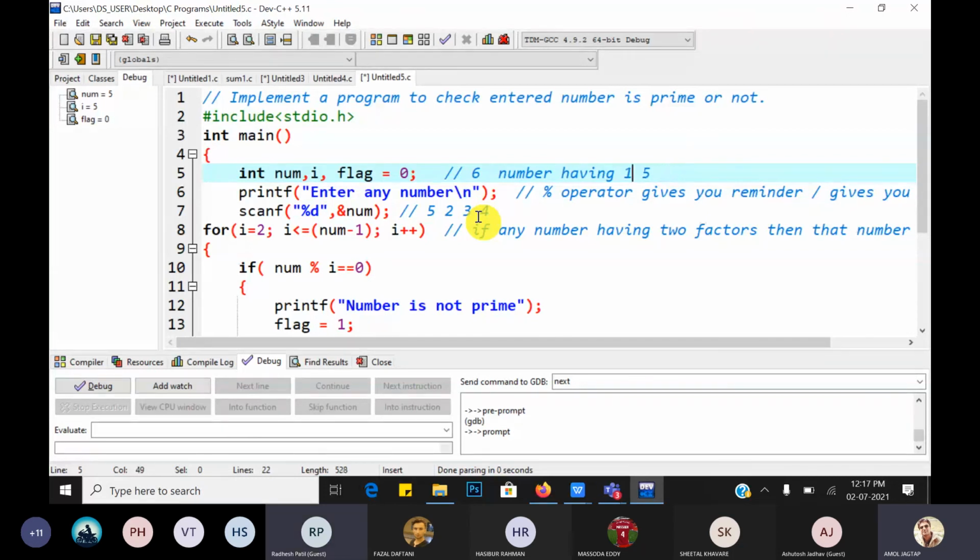It means the remainder: if we divide 6 by 1, 2, 3, then it gives you remainder 0. So factors are those with remainder 0. So factors are 1, yes, 2, yes, 3, yes, and 6. So how many factors are there? How many factors does the number 6 have?